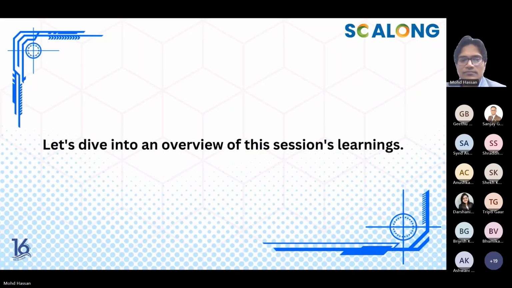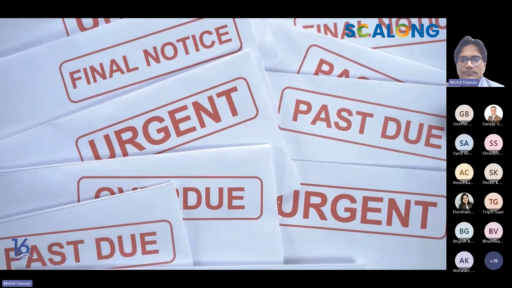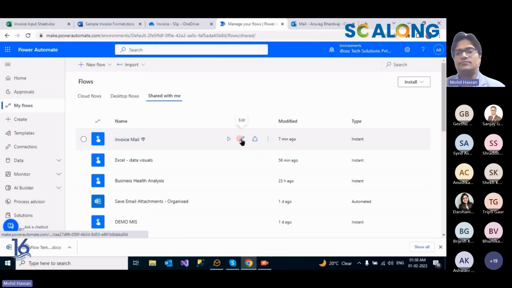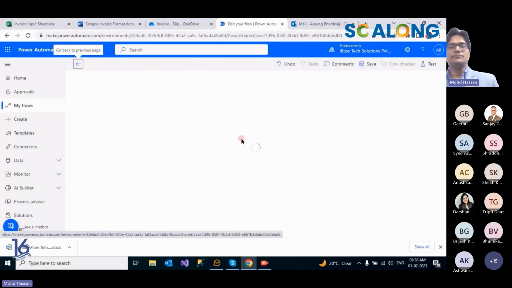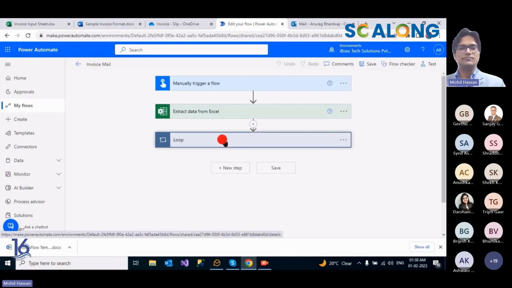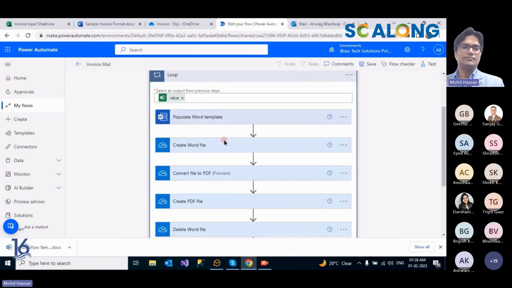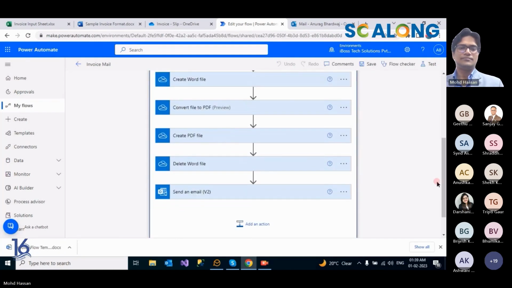So here we have a small video to showcase how these kinds of workflows work. Session learnings. You may have to send invoices to a large number of clients, making it difficult to keep track of invoices and due dates. So why not automate your time-consuming manual process of creating and sending invoices to the end number of clients?